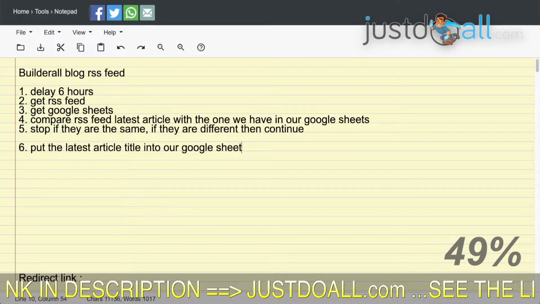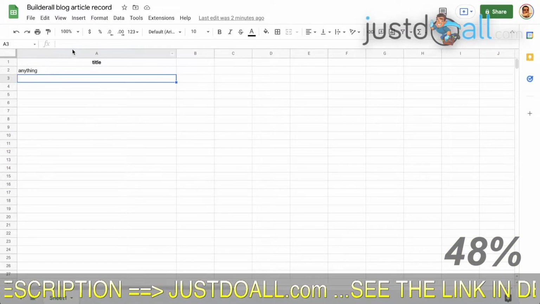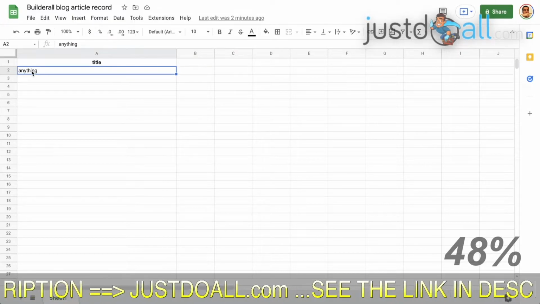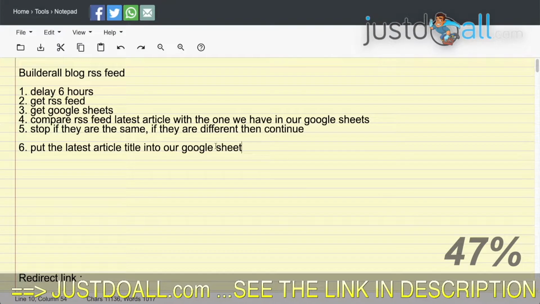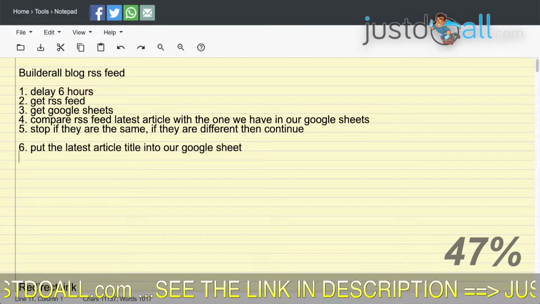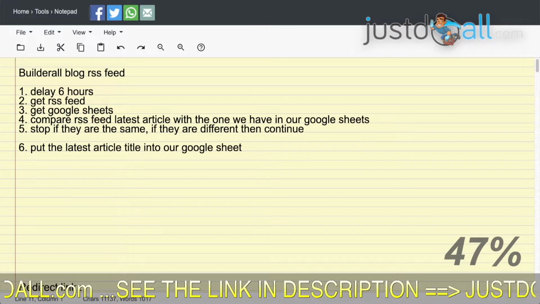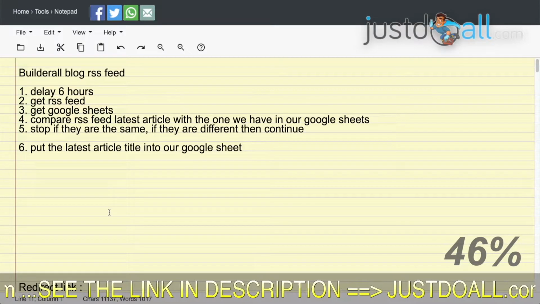So we replace, I show you, we replace here on column A, row 2, we put the title here. Okay, so that's the first thing we do, because we have a new one. And now what we do is, I will show you, this is a start to get not complicated, but you have to understand this.